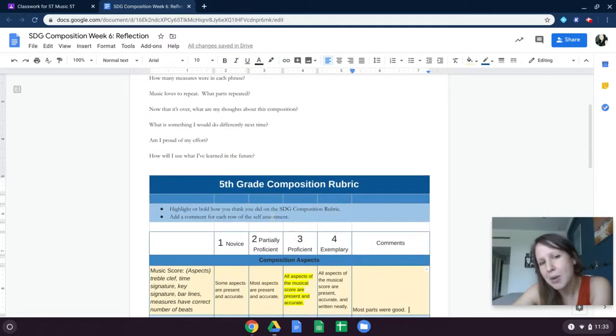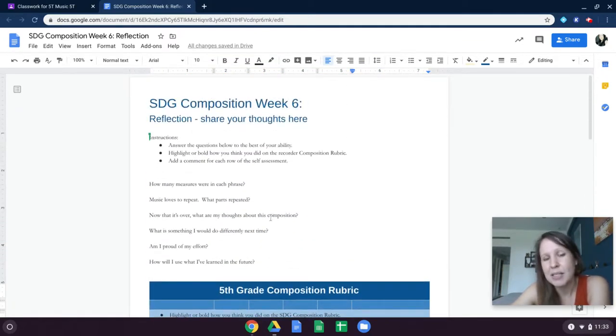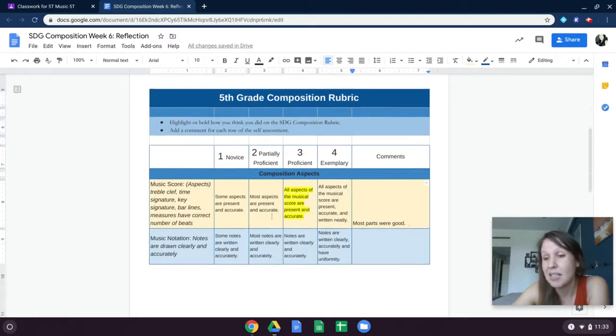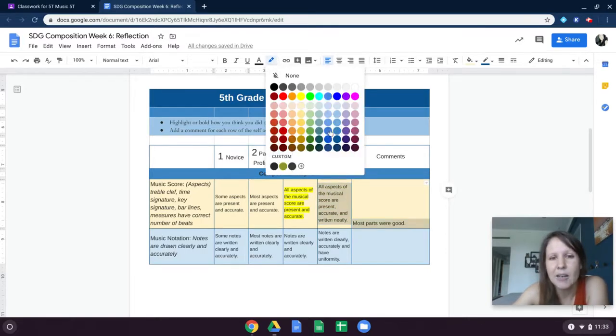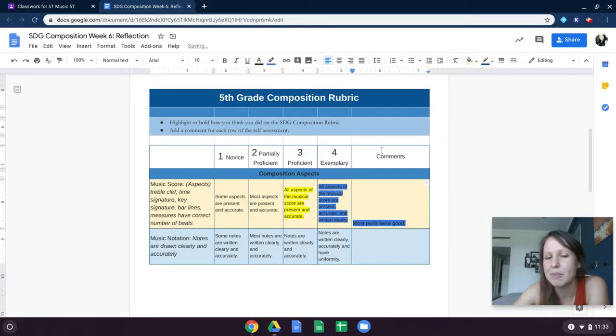And then what I will do is I will send this back to you with my thoughts in it. So if you highlighted in yellow, I might go back and highlight in another color and say, okay, this is what I think. I'll make sure that you see what I think afterwards.